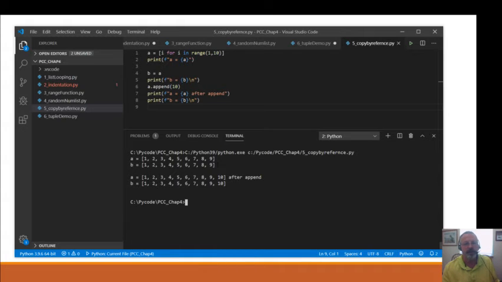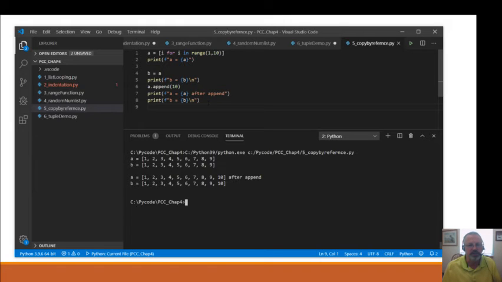If B equals A, it should be a list with the same group of numbers. Okay, so then we're appending 10 to A, and you think, okay, well, A is going to be 1 through 10, and B is going to be 1 through 9 yet. But then when we go and print, we can see that A equals 1 through 10 after the append, and B equals 1 through 10 after the append. We didn't append to B. We just appended to A. How did B get turned into 10?